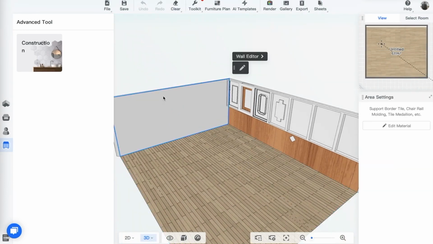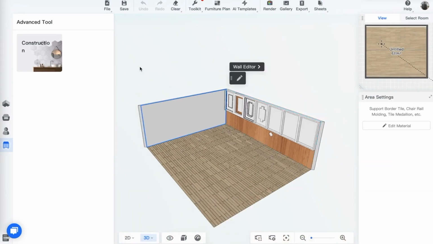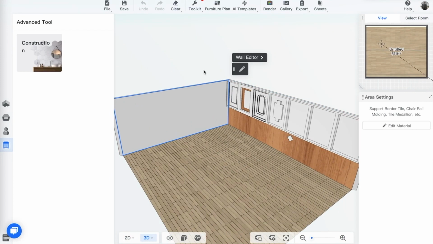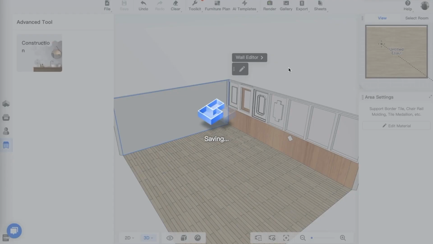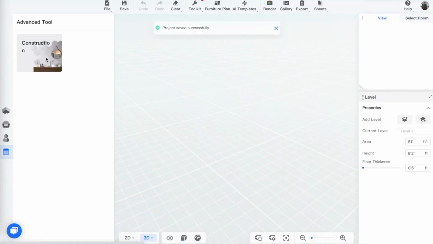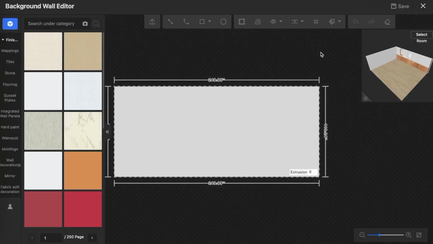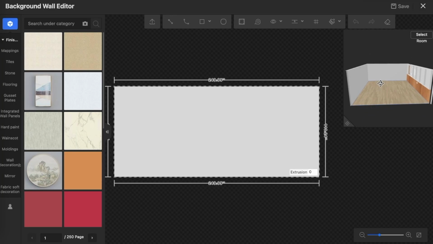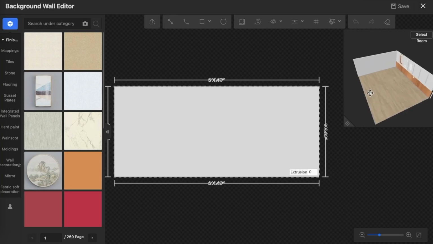Let's add it. So first, there are two ways to enter the construction tool. You can either click on the wall and hit wall editor. Another way is you can also activate the construction tool from the left side panel. So once we're in here, you can see that it's showing the overall view of the room in our